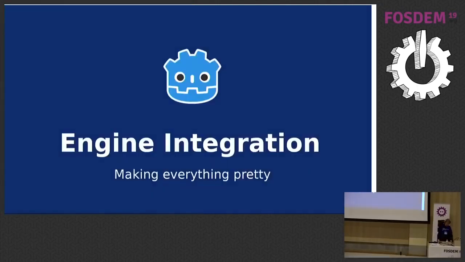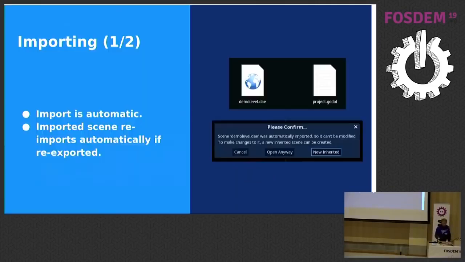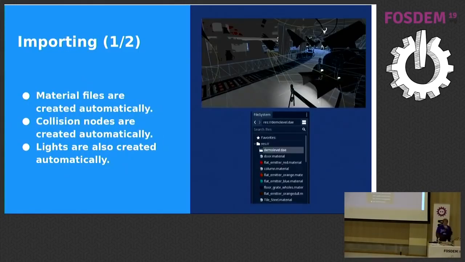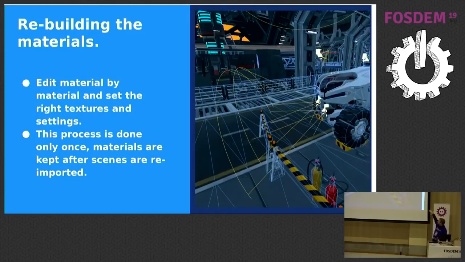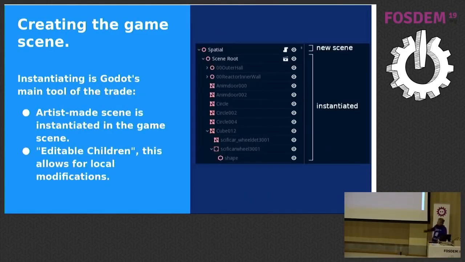So this is the last part, engine integration. It's everything, making everything pretty. In Godot, you just export to the project and it will open it. I will show you this later better running in the engine. I will explain quickly: you just import it, then the materials, you put all the textures. When you import it, it doesn't have any material, it's flat. Here the materials were added, but there's no lighting. Finally, we start modifying the lights and everything.